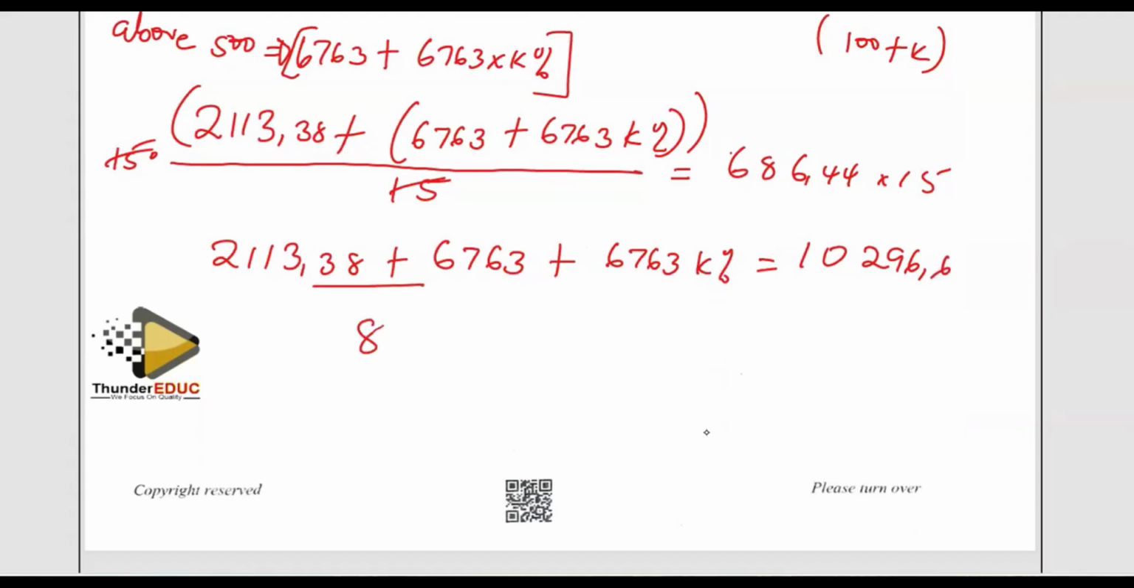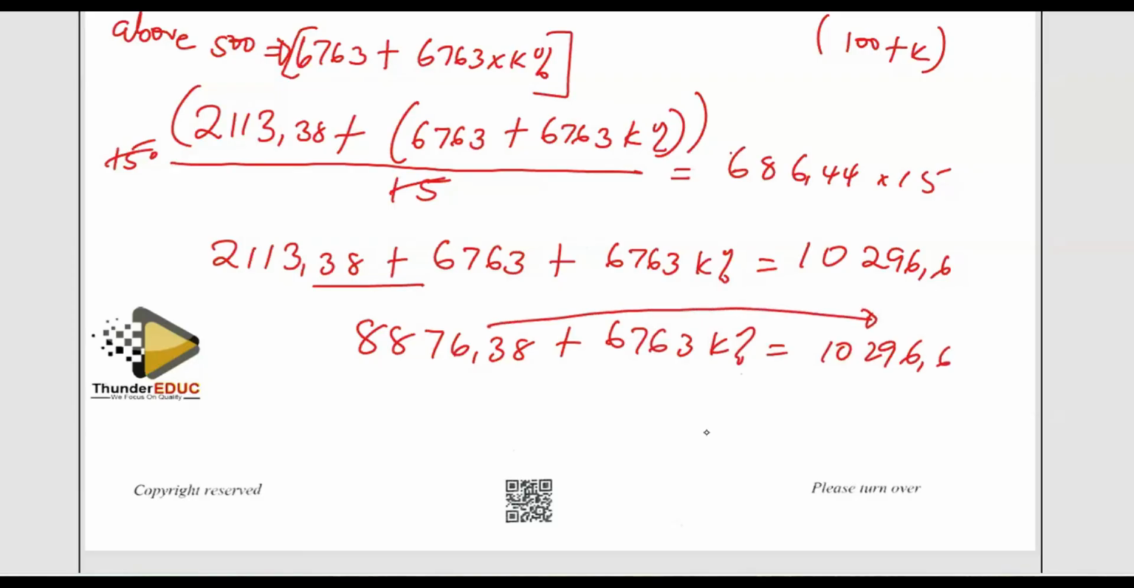Okay, let's plus this together. We're gonna get 8876,38 plus the 6763k% is equal to 10296,6. Let's move this to that side. It will be a subtraction. 6763k% should give us, when you do your subtraction, I'm ending up with a